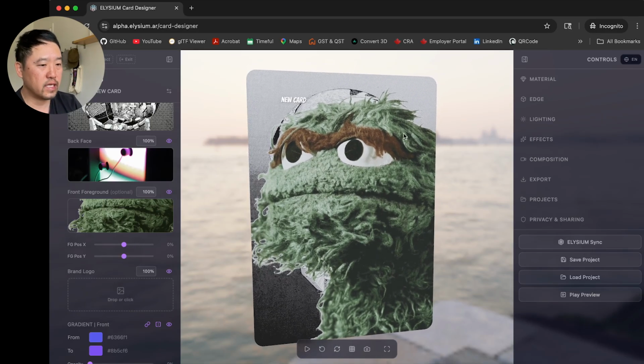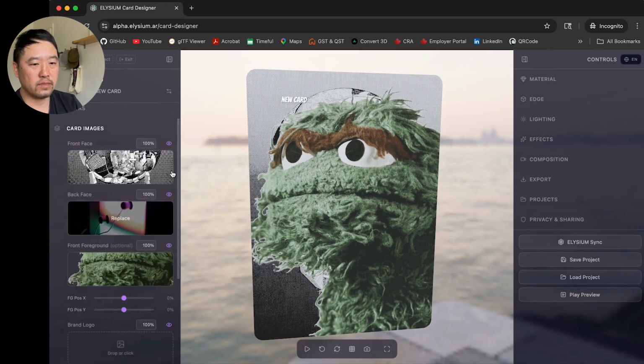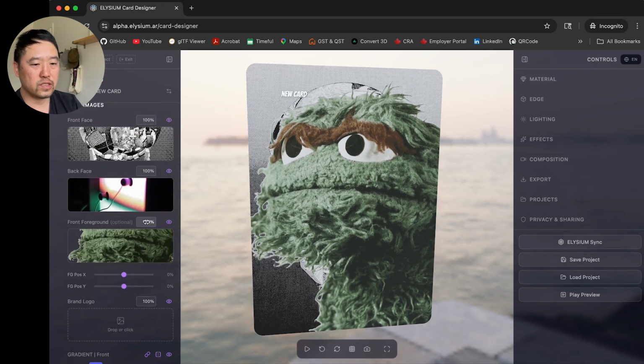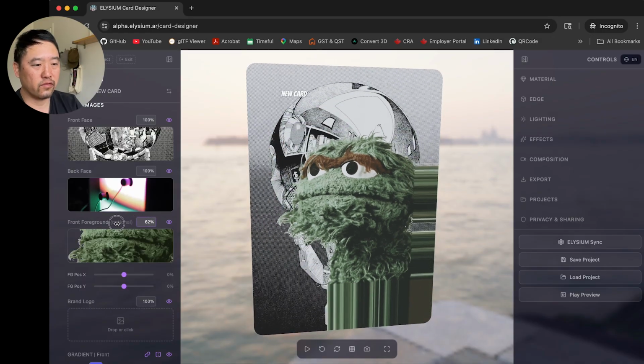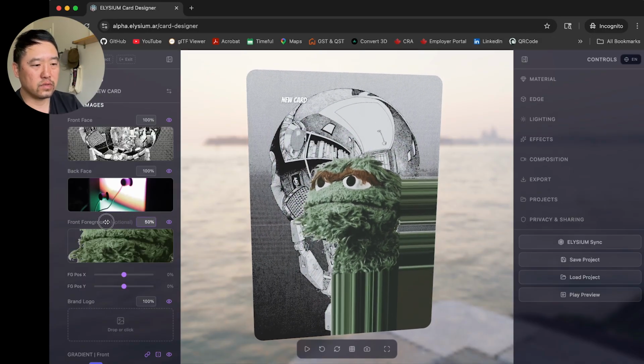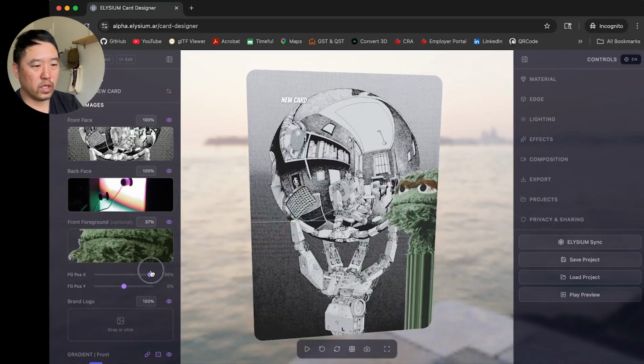He's automatically scaled to that size, but you can change the scaling of all of these images, right? So if I wanted to change the scale, I just go to this little toggle here. I can drag the value down to something like this. And then I can position him however I want, right?